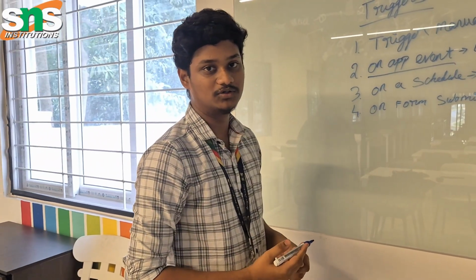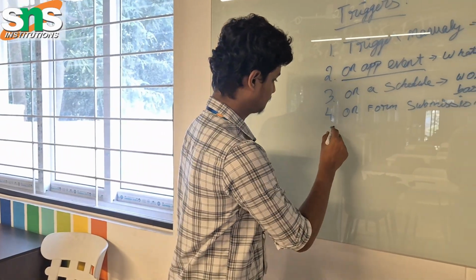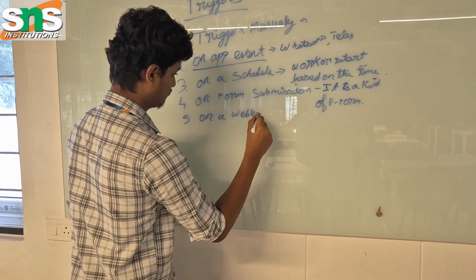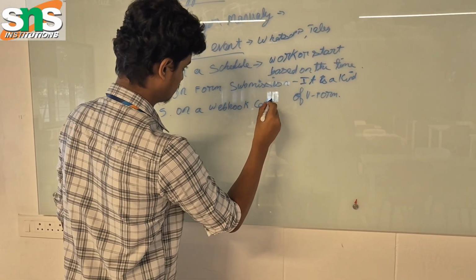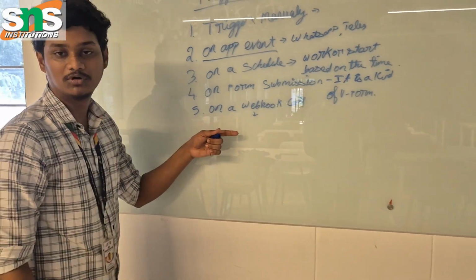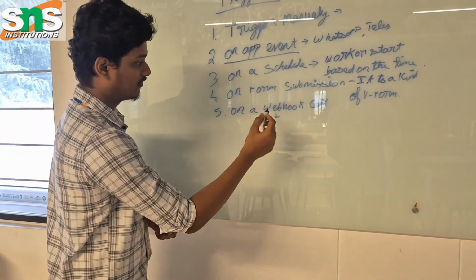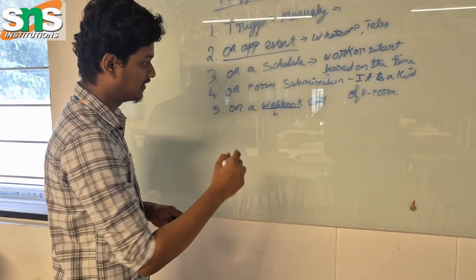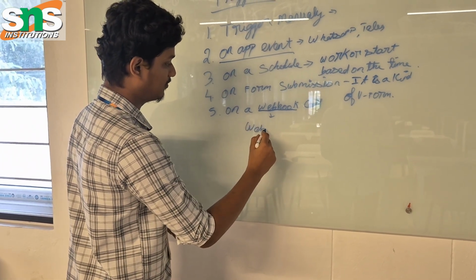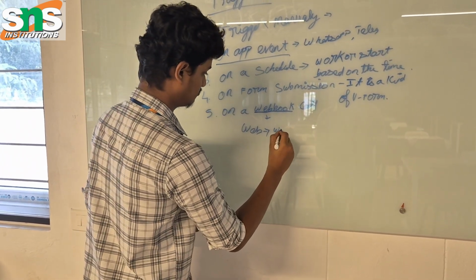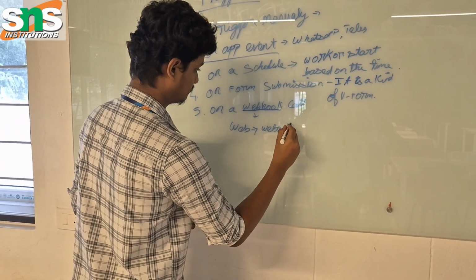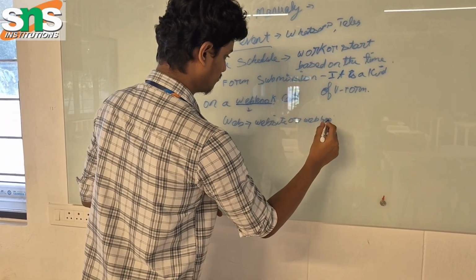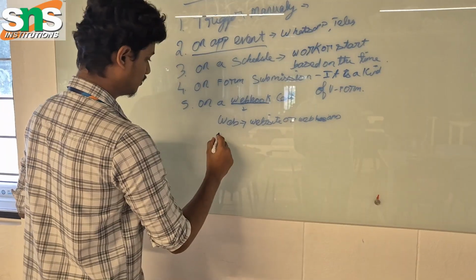And the fifth trigger we are going to see is on webhook call. The webhook call works based on the HTTP request. For example, in this name, the meaning is already mentioned. Web is nothing but a kind of website or web application. Hook means,